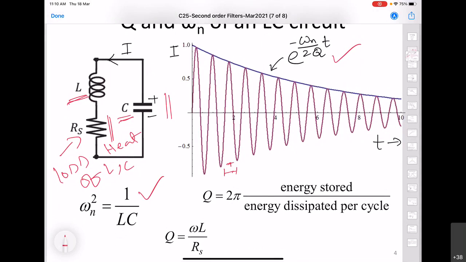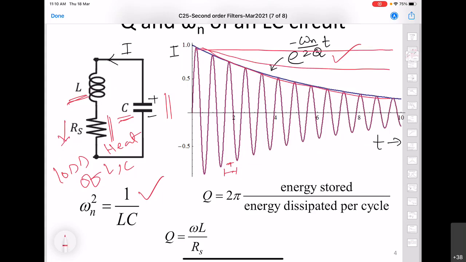Now, ideally, what we would like is that there should be no decay of the energy in the system. That means this R should be as small as possible. If R is as small as possible, then the decay of the amplitude will be less. So it will be more like this, or ideally it will be flat. So how good this system is